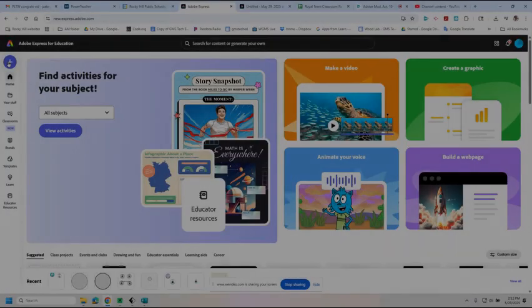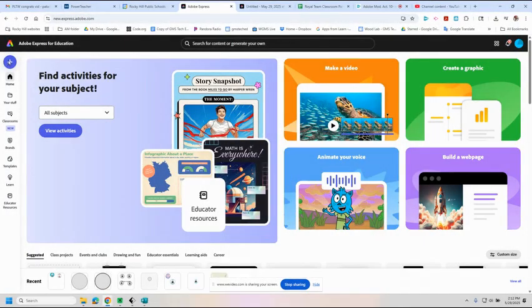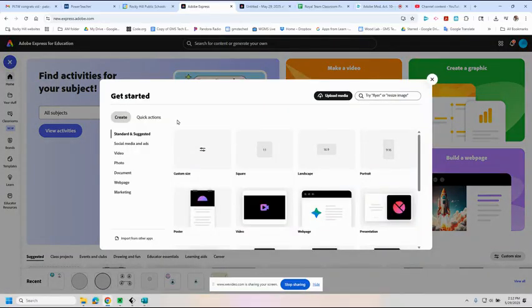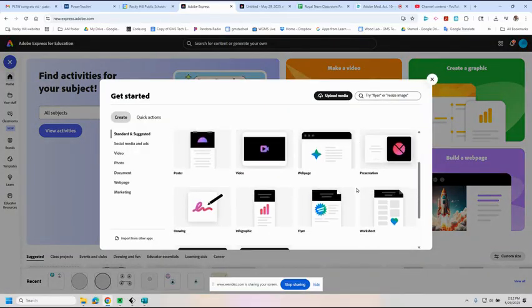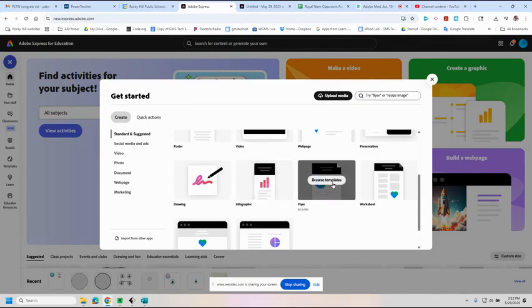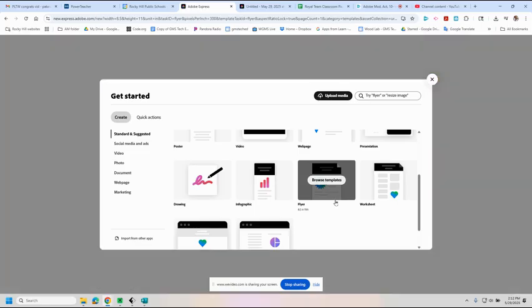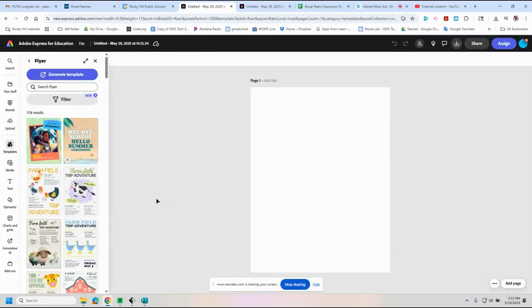All right, so here I am in Adobe Express. Going to create a new flyer. So I just clicked on the plus sign there, create flyer. It's going to let me browse templates, but if I'm lucky, I get a blank page. If I don't get a blank page, guys, what I'm going to do is just pick one of these and